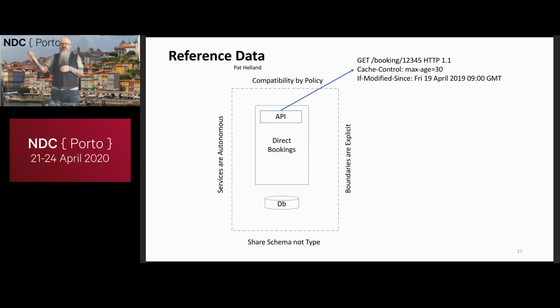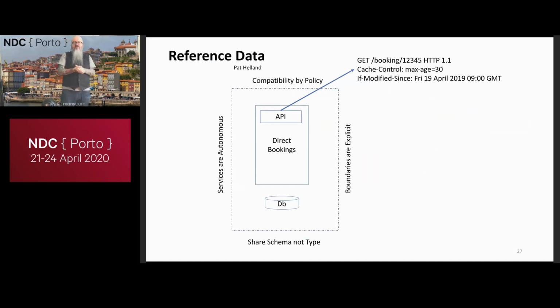So quite often what we tend to do is have some kind of version or timestamp on the data so we can tell how current it is. This should actually say last modified rather than if modified since, really. But we're saying here's a date and timestamp that's produced, so you can check on later and see if you've got the most current one. And cache control would be an indicator for how long we thought it was safe to keep using this version before it was likely someone else had updated or changed it.